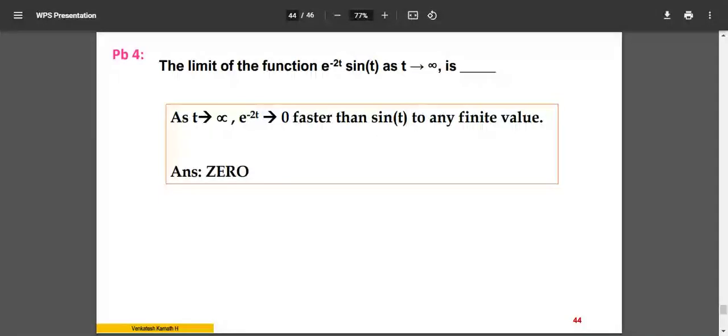Now, this is the basic understanding. Don't forget this particular concept. Whenever you come across an exponential with t tending to infinity or t tending to 0, use this logic. It should work there. Who moves faster? Who reaches the destination faster? It is comparative, so you should be able to identify which is faster. Remember, minus means lower side, positive means upper side, so that you don't forget it. So whatever may be the value of sine t, e power minus 2t reaches 0 quickly. So 0 into any other term will be 0 only.